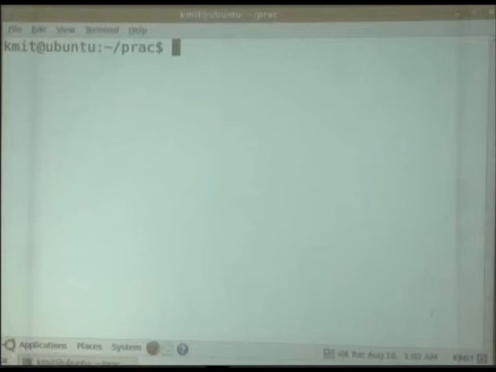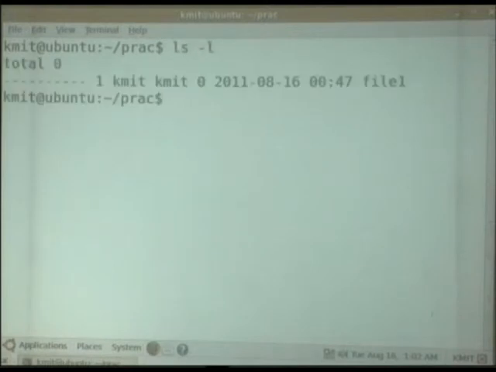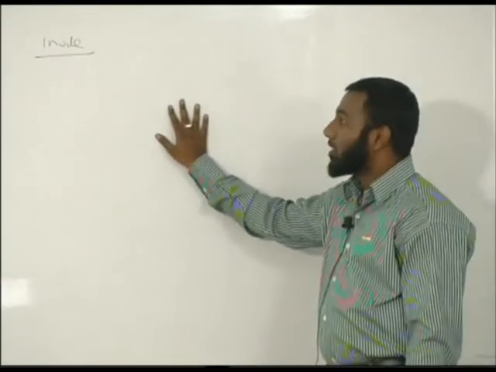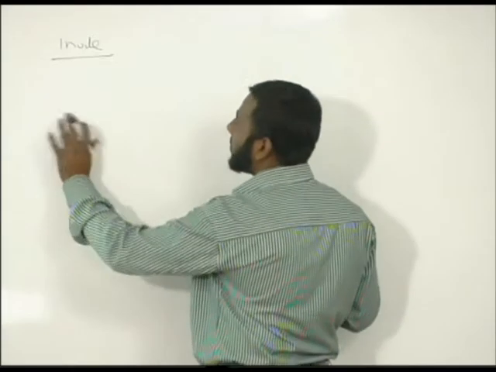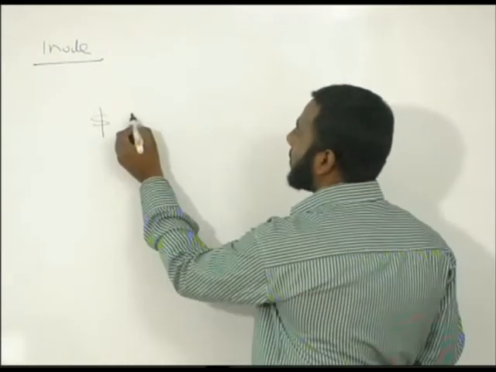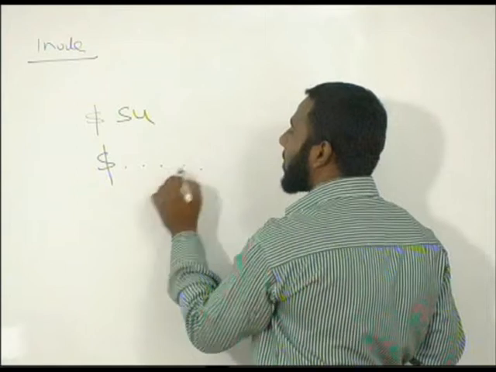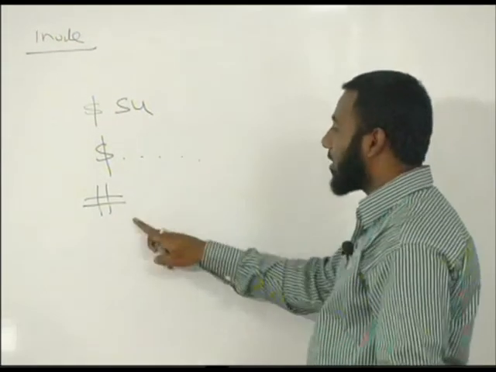Before we see a few commands, I'd like to tell you how we can change the owner of a file. It is possible to change the owner of the file. Here, who is the owner? The owner of the file is KMIT. If I want to change the owner of a file, we need the super user prompt, because nobody can change the owner of a file except the super user. So we need to change from a normal account to an administrative account. This we can do with the help of su, switch user. If you know the password, just type it, and you will get the hash prompt. This means you are an administrator now.